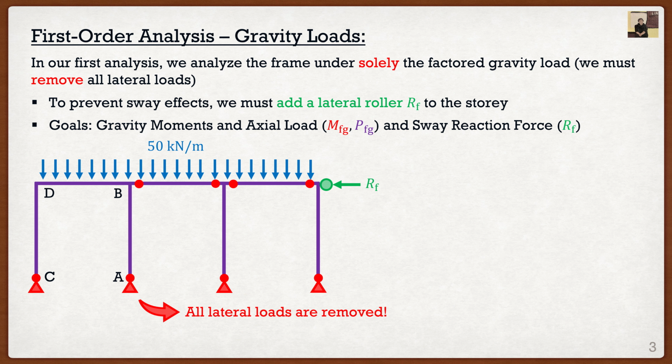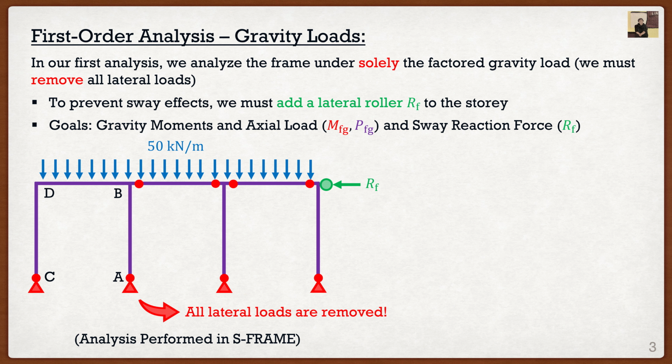The second one, which is very specific for gravity loads, is we need to figure out how much reaction force is actually going to develop inside of this frame. When we do our second analysis, which is a translational analysis, we are going to actually have to take this reaction force that develops here and add it to our lateral loads in the next analysis. So as I mentioned, I would have taken this frame and I would have conducted a first